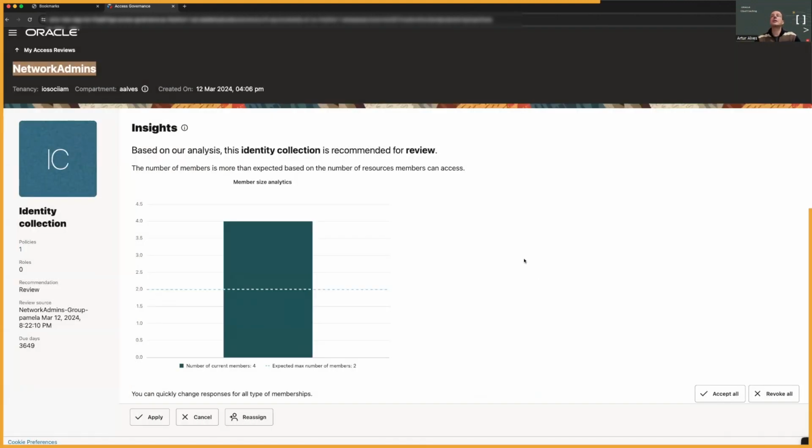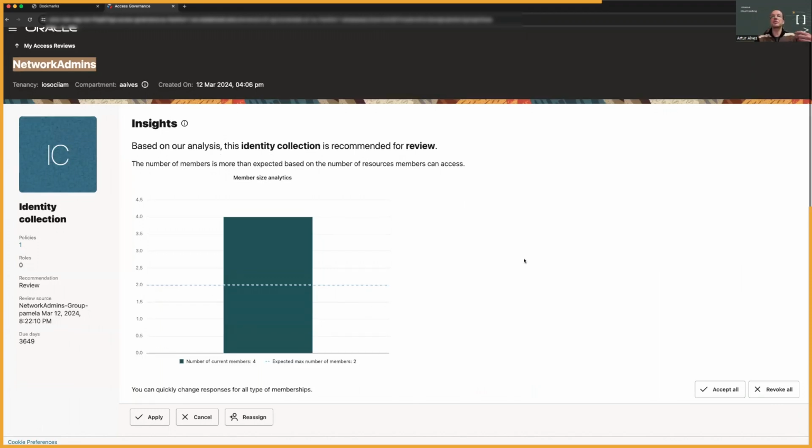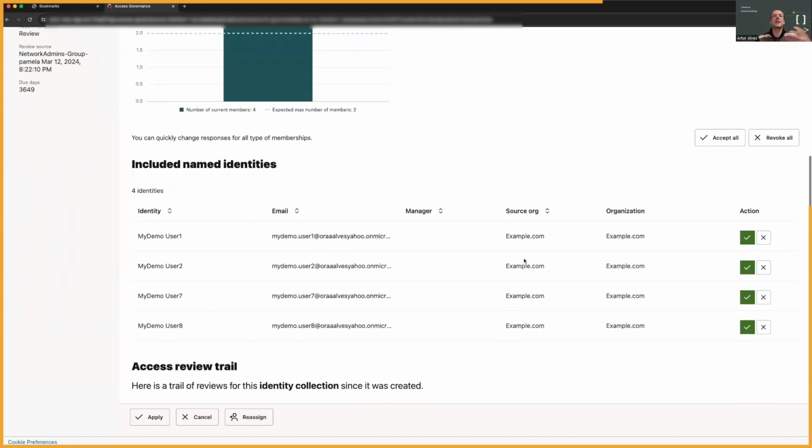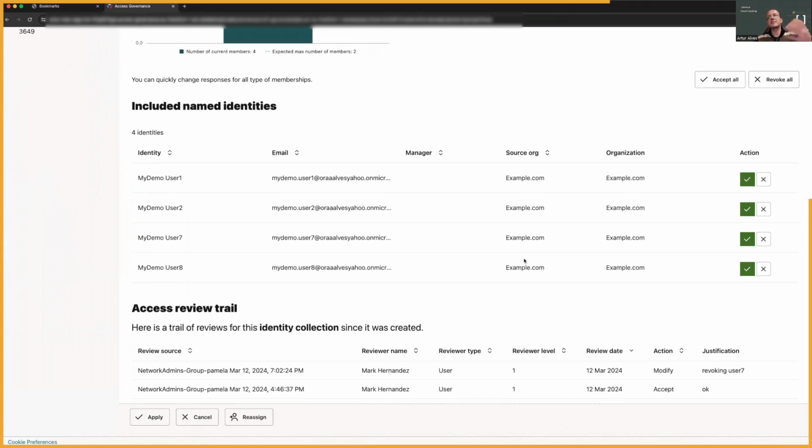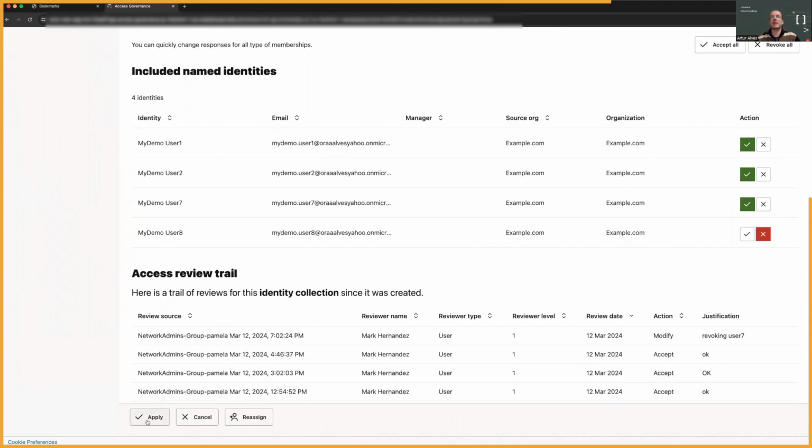Again, Mark will have as much information as possible to take an informed decision, and he can look at this and say, okay, user 1, user 2 seem good to me, user 7 just joined, but there is still learning on the process, but user 8, he's not relevant for this network admins kind of stuff. So I don't know who gave him this access, but I'm going to revoke access for demo user 8, and that's what I will do now.